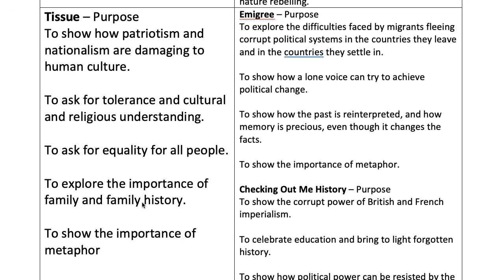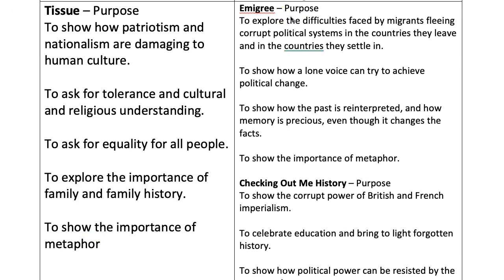It's not the religious text that's important. It's the family history written at the back. Again, showing how we're all equal and we're all from similar descendants. The prophets of the Quran are the same as the prophets in the Bible. You know, they all start from the same prophets. Anyway, you need to go to my videos on Tissue if any of this is new to you. And again, it shows the importance of metaphor because the whole poem is told through metaphor.